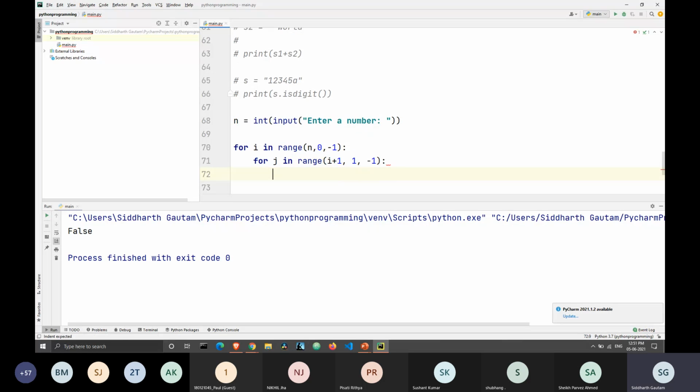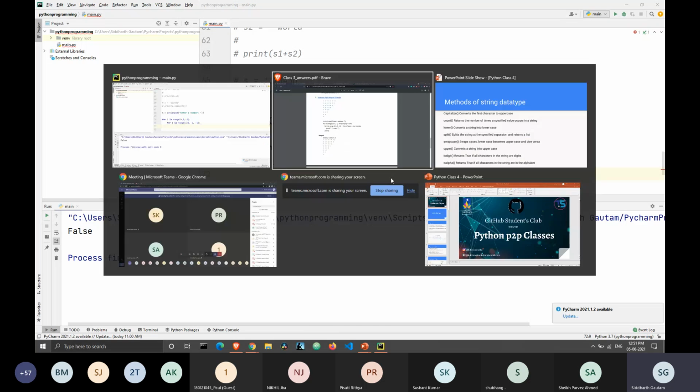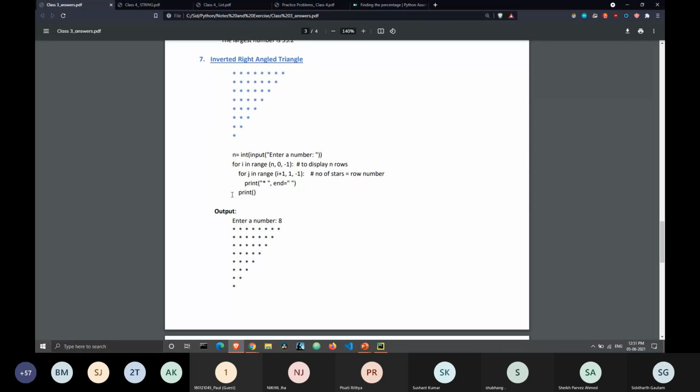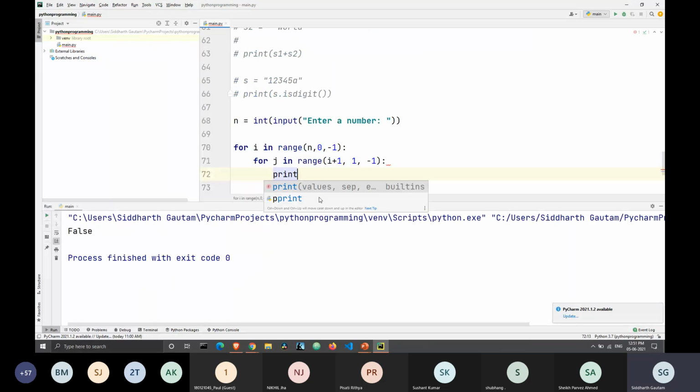Let's see how we have done this here. Yep, that's exactly how we have done it. We can just write print, and we have to print a star, and we shouldn't forget that since we are printing each star in one line, we have to write end is equal to an empty space.